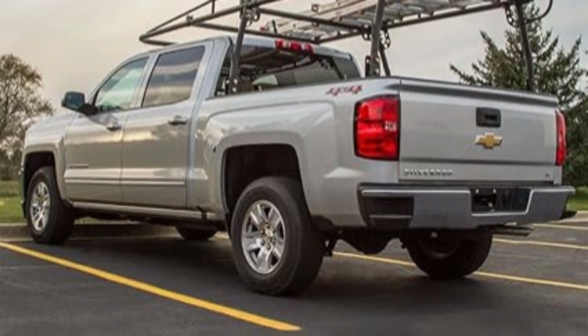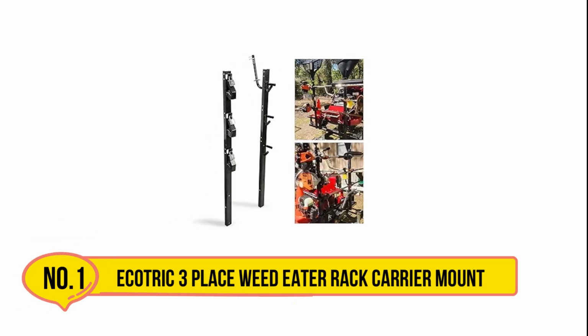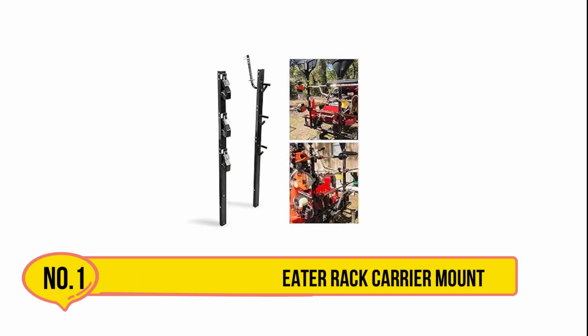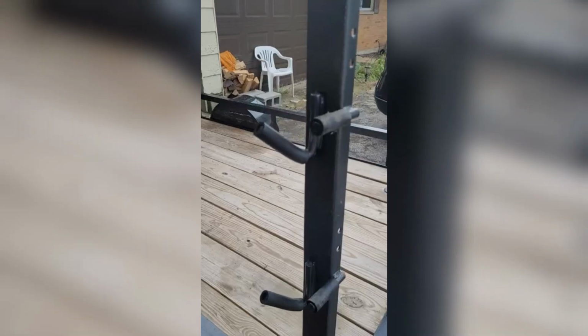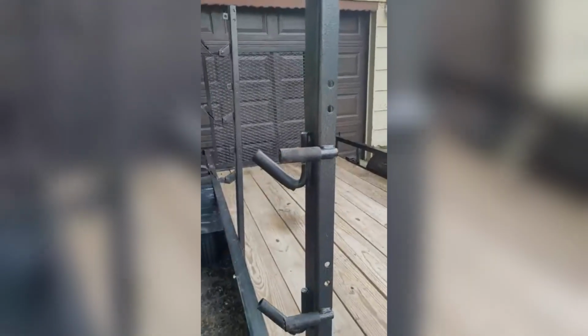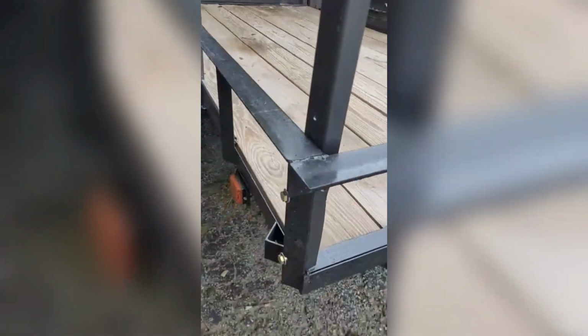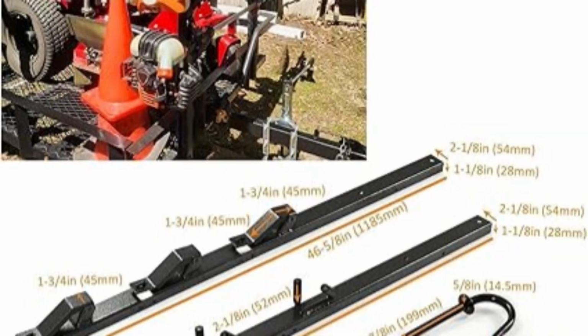So now let's get started. Starting with the Ecotric 3-place Weed Eater Rack Carrier Mount. The 3-place lockable trimmer rack is a durable and practical solution for safely transporting and storing trimmers, edgers, and shaft head shears. Designed to fit any enclosed landscape trailer, it can also be adapted for open off-road trucks with simple